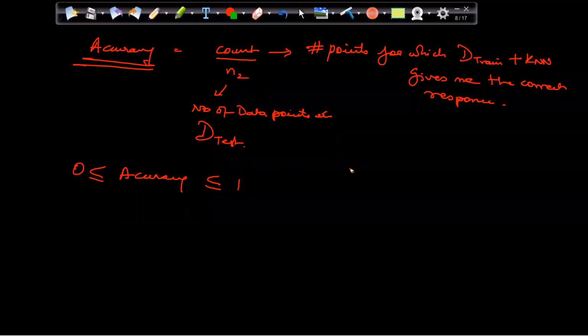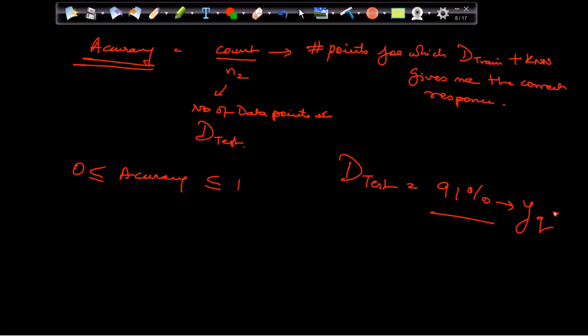So basically on the D test data, 91% records, the label which I am getting YQ is actually same as YI. Let's say if there are 100 records in the D test, 91 records are having the correct YQ, which is same as YI.